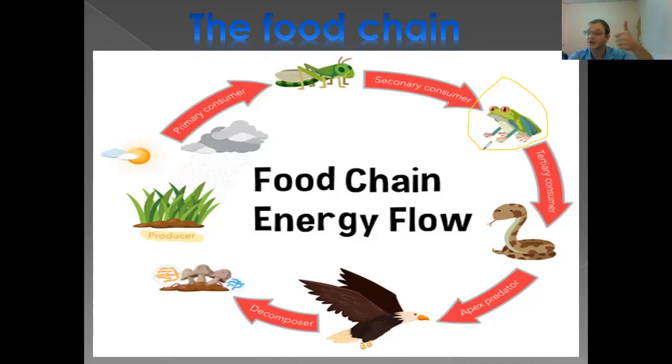So now we have the grass that the grasshopper eats. Then the grasshopper gets eaten by the frog. Now the snake comes and eats the frog. So now we have our tertiary consumer, which is the snake. Now the snake has enough food and enough energy to make more snakes. So now the cycle continues. Now we have more snakes. Now who eats the snake?